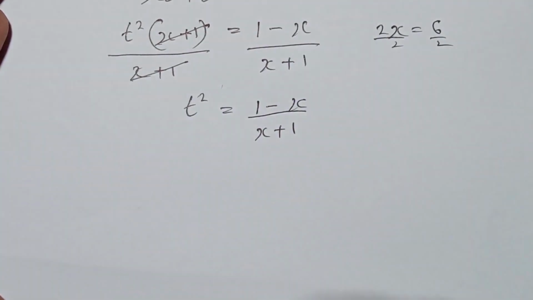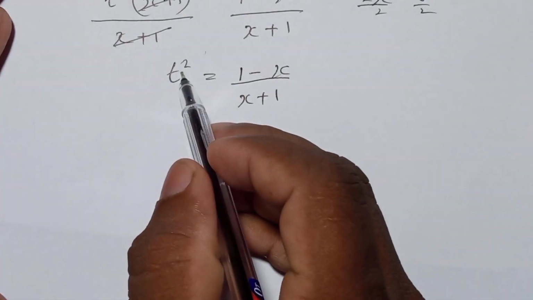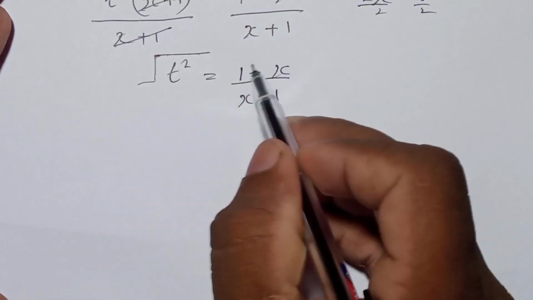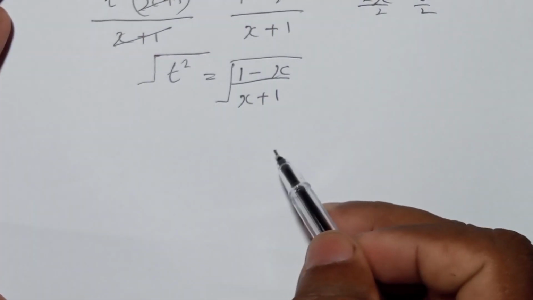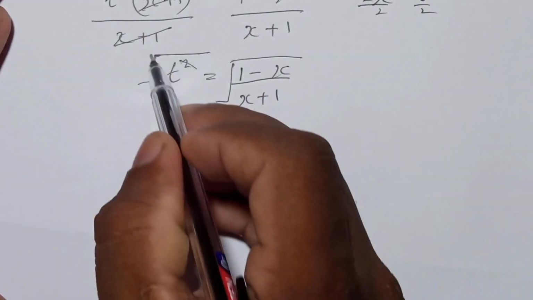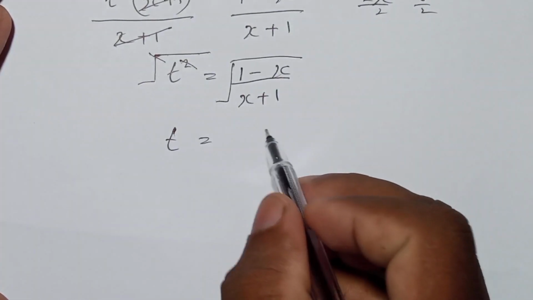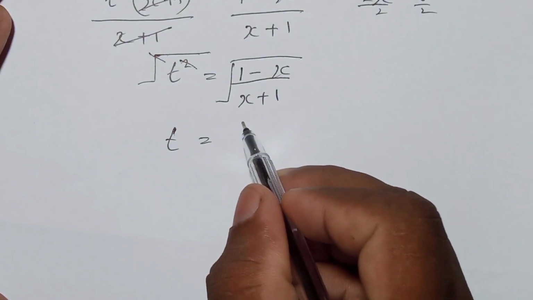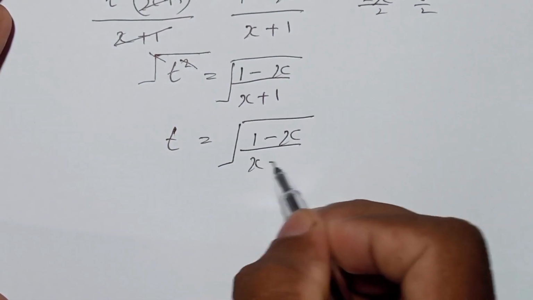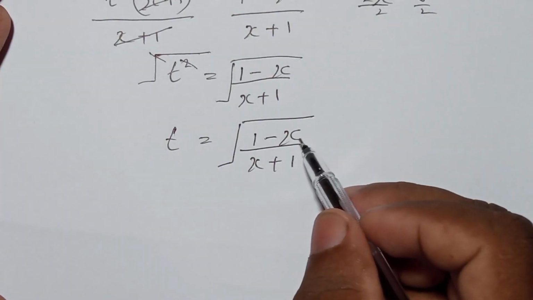They asked to make t the subject. So how to remove this square? Simply we need to put the square root sign on both sides of this equation, left and right. Then the square and square root cancel, here we will get just t, and here you will have the square root of 1 minus x over x plus 1, right? So yeah, this is the answer for